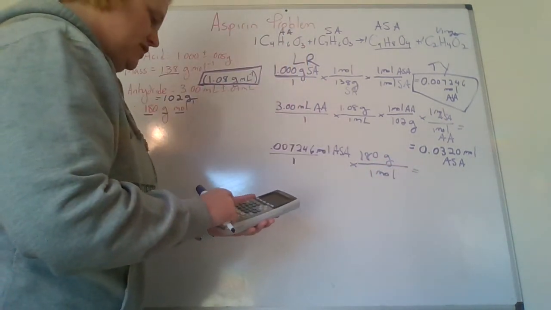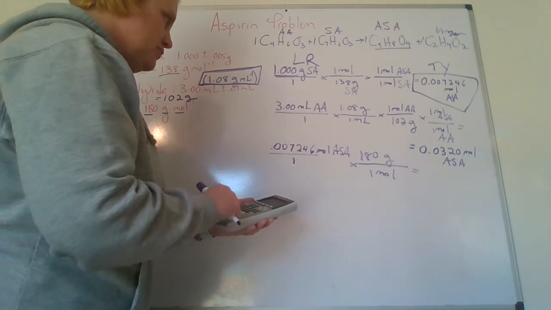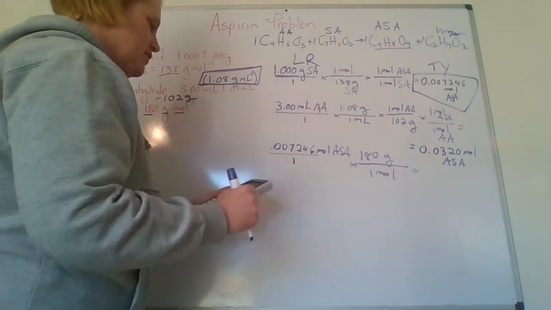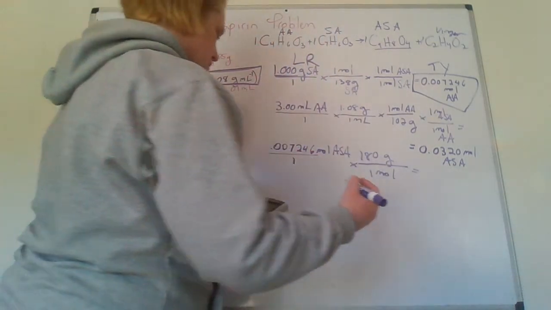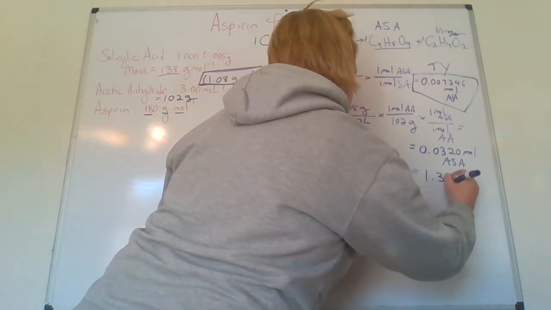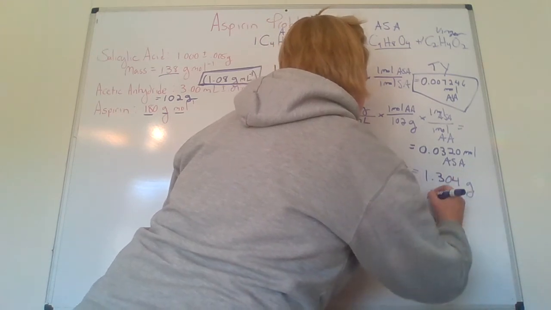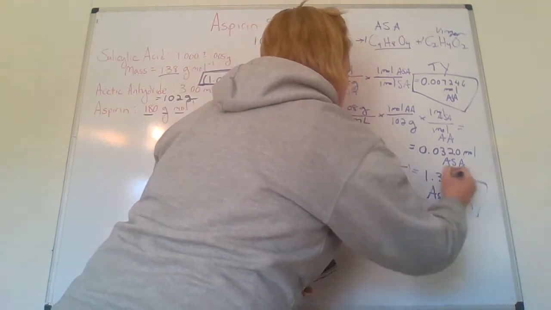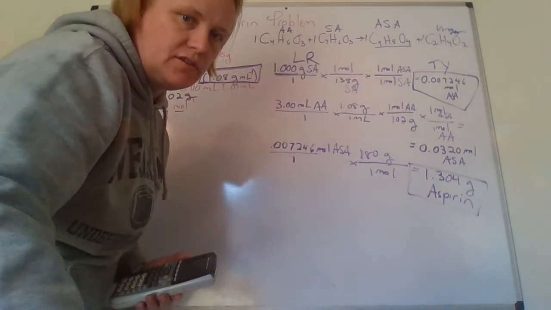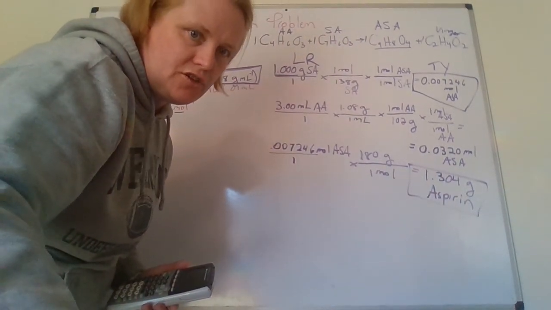And 0.007246 times 180. My theoretical yield of aspirin with 4 sig figs should be 1.304 grams of aspirin. So that is step 1, the theoretical yield. I'm going to pause here just so